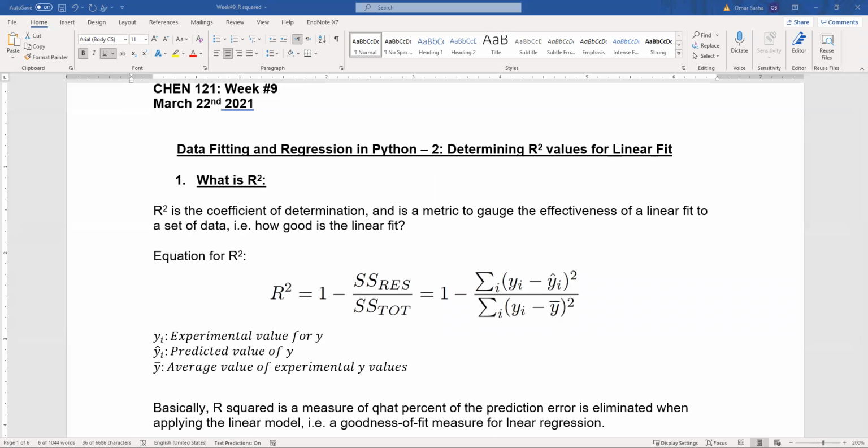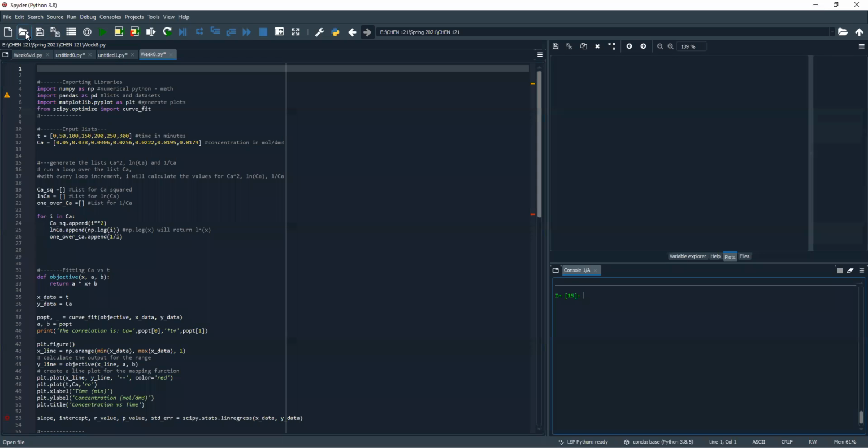Let's have a look at what R squared is, right? And this will really make you understand. So anyways, R squared is the coefficient of determination, and basically it's a metric to gauge the effectiveness of a linear fit to a set of data, right? So if you recall from last week, let me go to Spyder. So this is last week's code. If I run it,